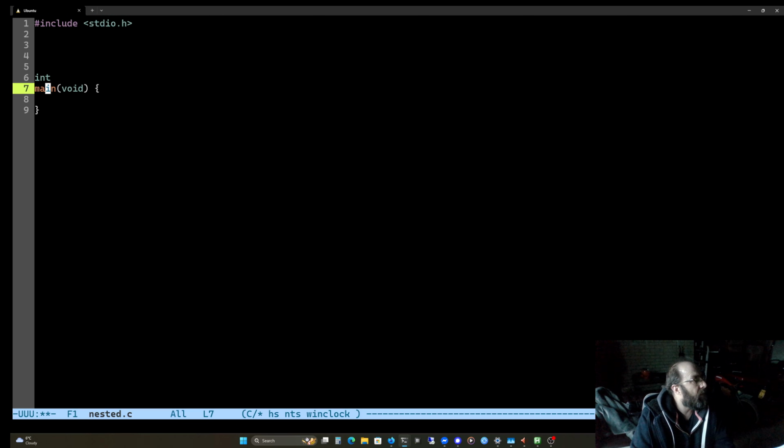So what if we want to read in a file? Let's say it's a config file. And we want the file to be portable, so we want to specify the directory.